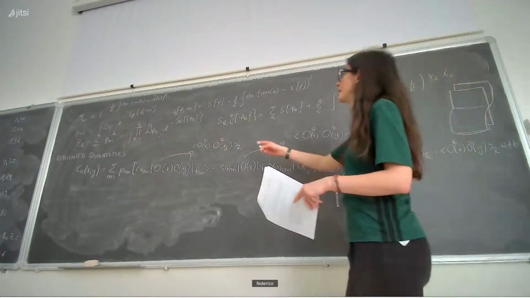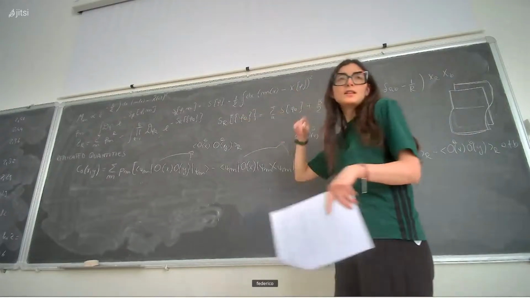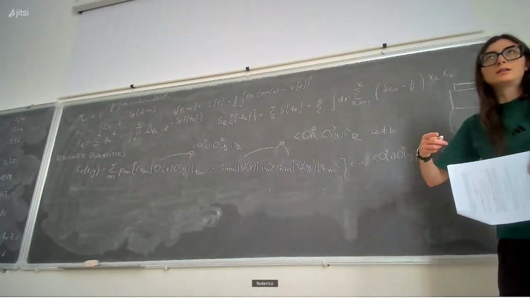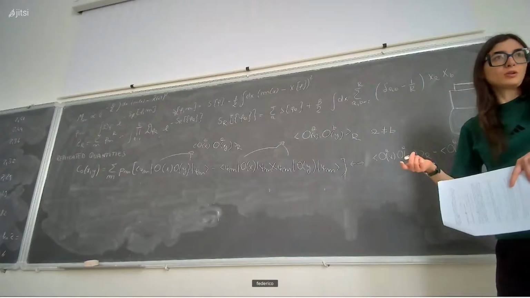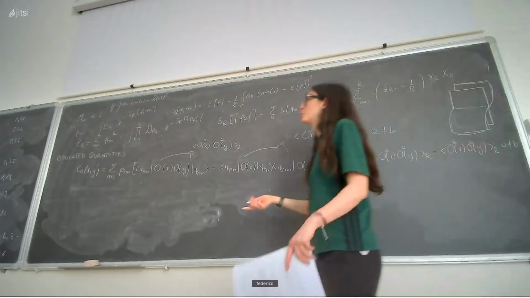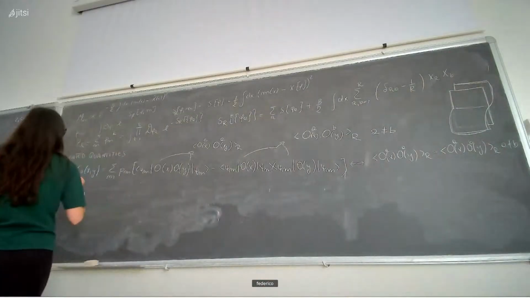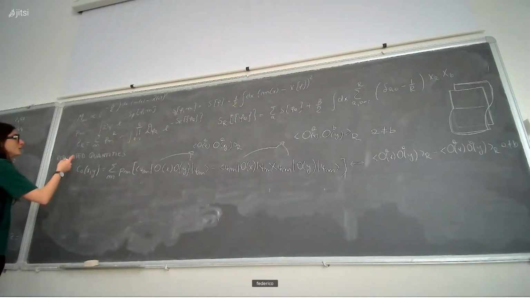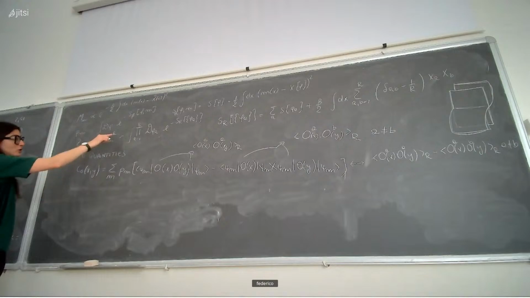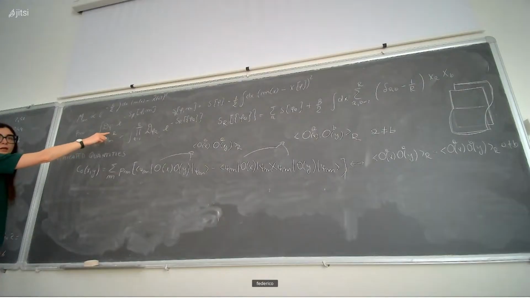There are different replicated quantities that you can compute. In principle, already computing this object here as a function of R contains non-trivial information about the measurement because it's non-linear, not only in the limit R going to 1, this quantity itself